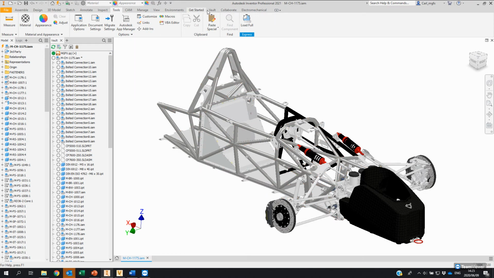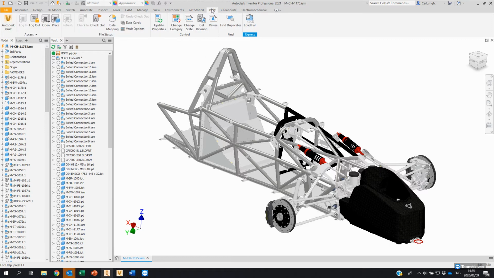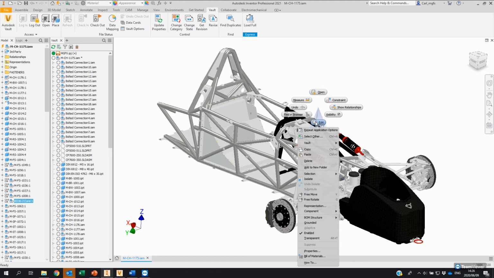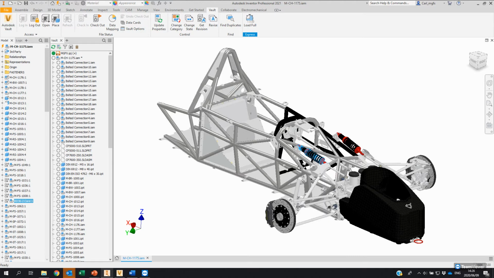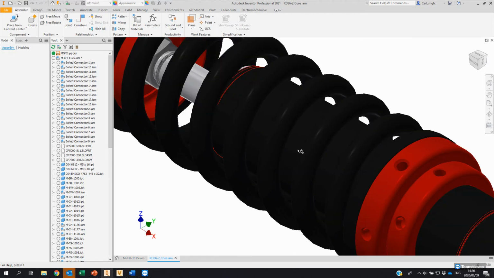So that is your Inventor, basics of the Inventor integration. You can open from Vault. You can check the files out now as needed. If I wanted to check out a smaller portion of this assembly, let's say just one of these shocks to make a change to it,